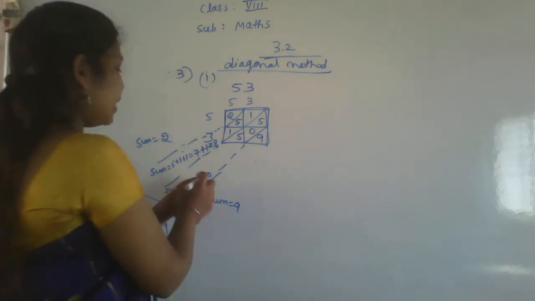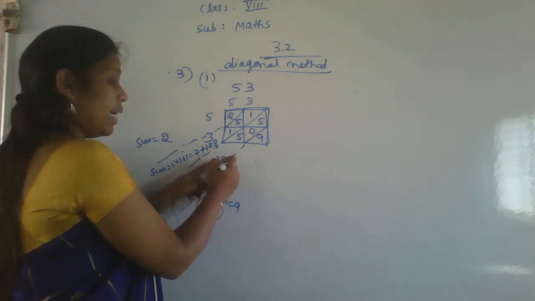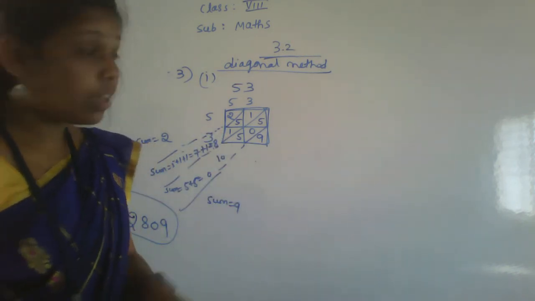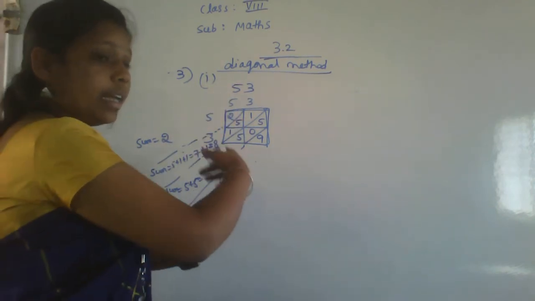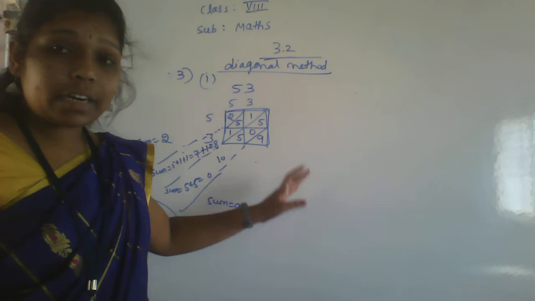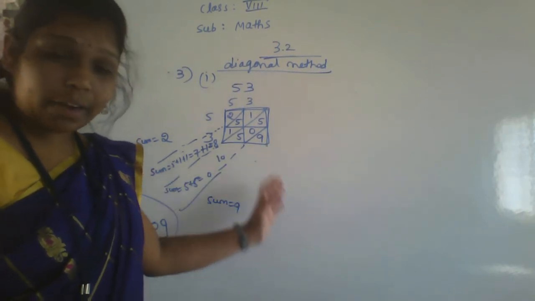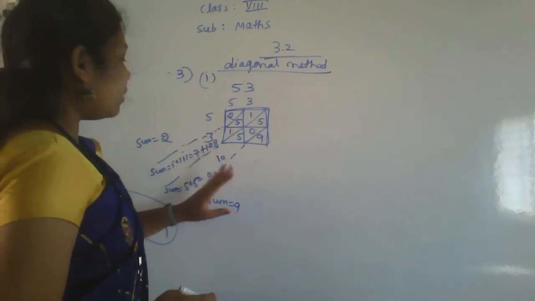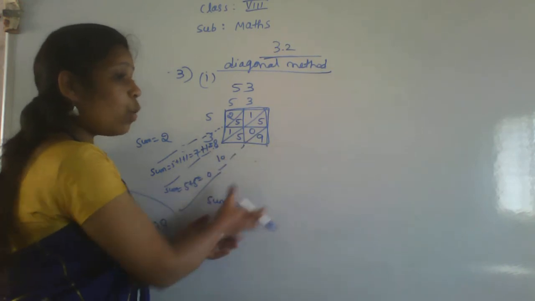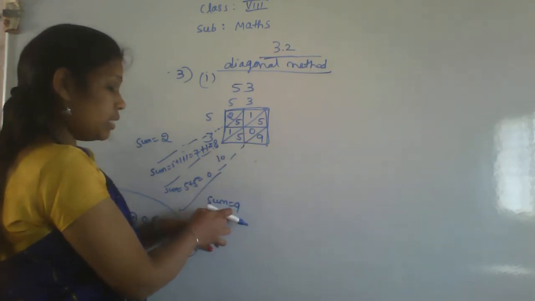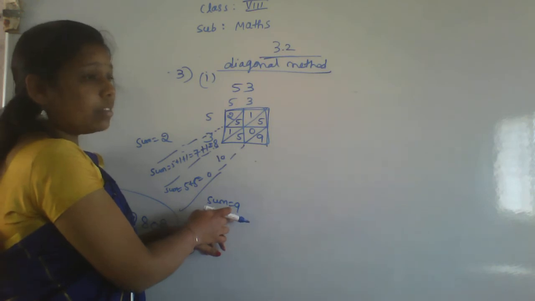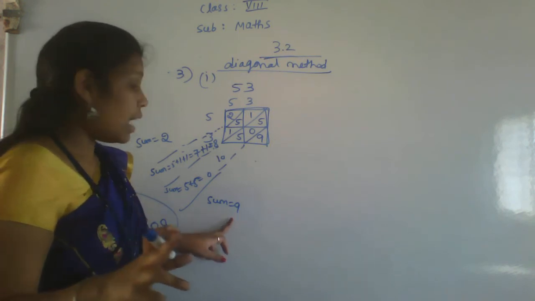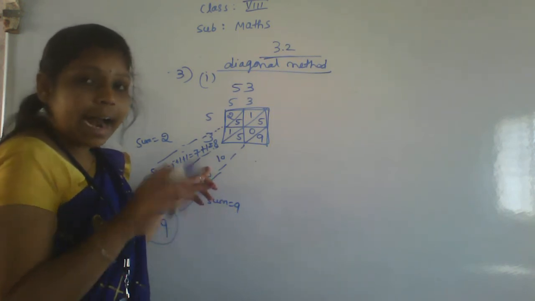2809. Because if a 2-digit number is there, then take the tens place value this side and add. Same as in the column method, you did the same, right? So here also we have to take the values diagonally. There in the column method we took b square, then ab, and then a square. In the diagonal method you have to take a diagonal. Start with the lowest diagonal. You have to start from this point, and if only a single digit number is there, then leave it. Nothing will change. If it is a 2-digit number, then take the tens place value to the next sum and add that number.